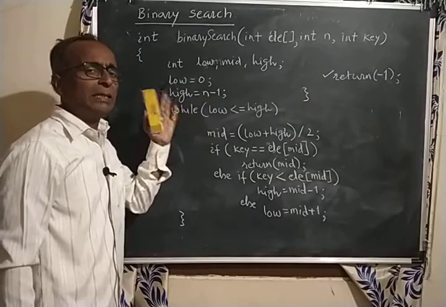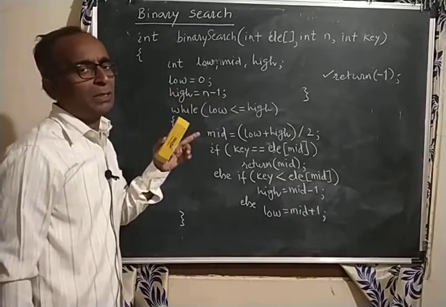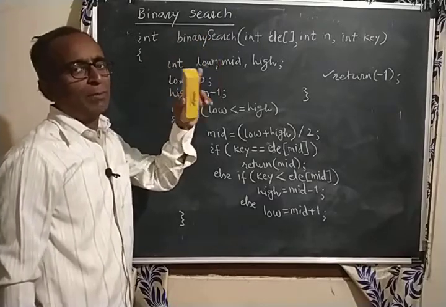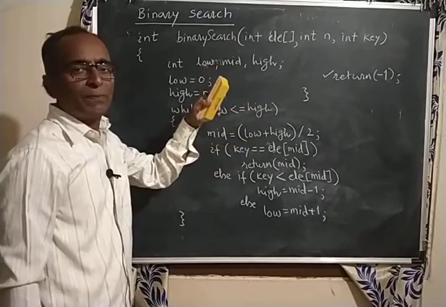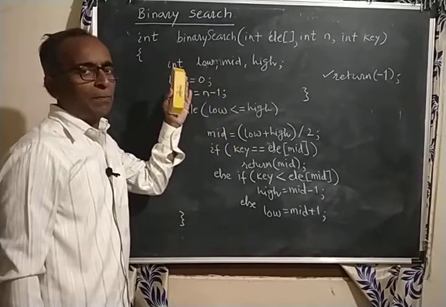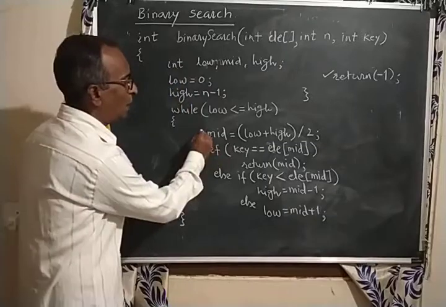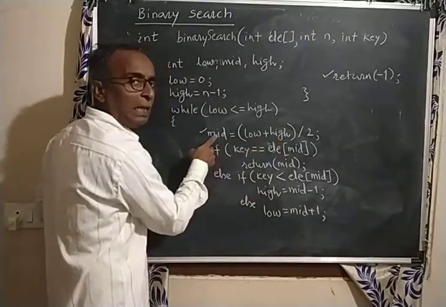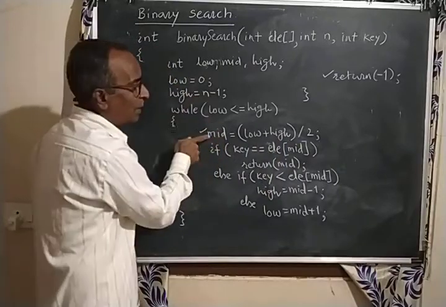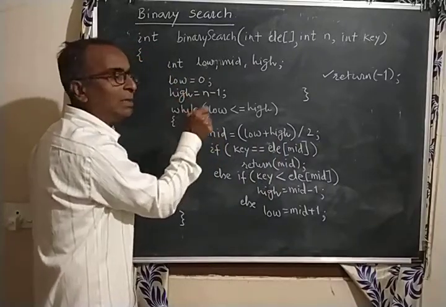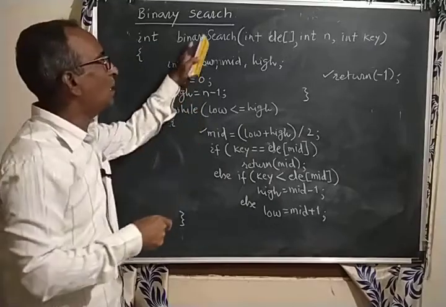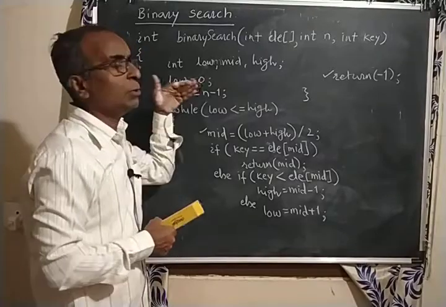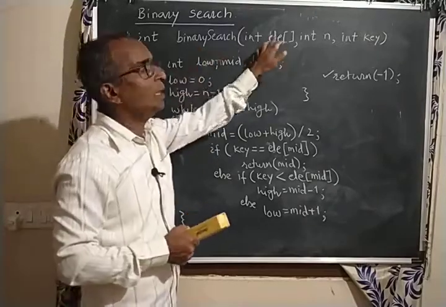It is faster than linear search definitely, but what is the restriction? For binary search, the elements should be in contiguous memory allocation. That means in an array, because for calculating mid you have to have indices and you have to calculate the mid element's position, index. This is required. So if the elements are given in an array, then only binary search can be applied, right? This is a restriction, and it should be in sorted order. The list given should be in sorted order.